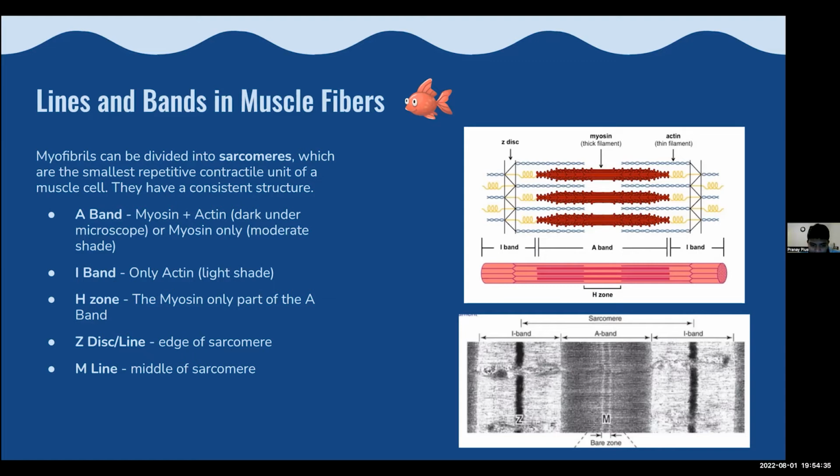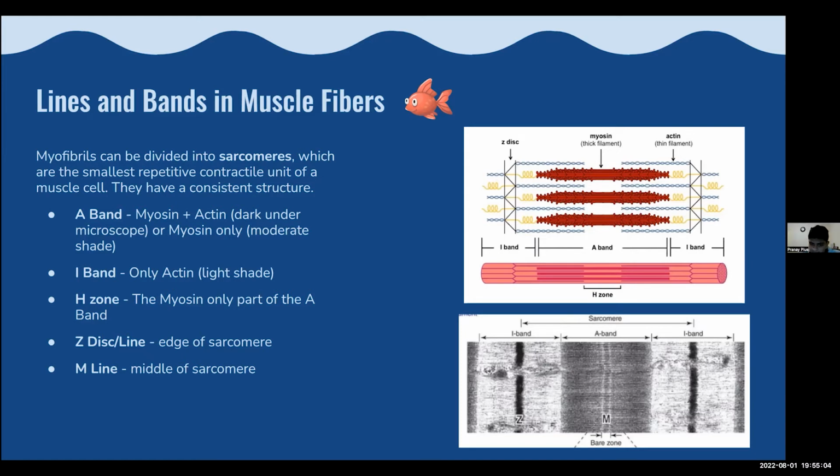There's also another one. The name is not coming to mind right now, but it's not very important. I think it's elastin, so that's not very important. But myosin and actin are what's going to be helping our muscles contract. So the A zone, or the A band, is the zone in which the myosin and actin overlap. The I band is a region of only actin filaments. The H zone is the region